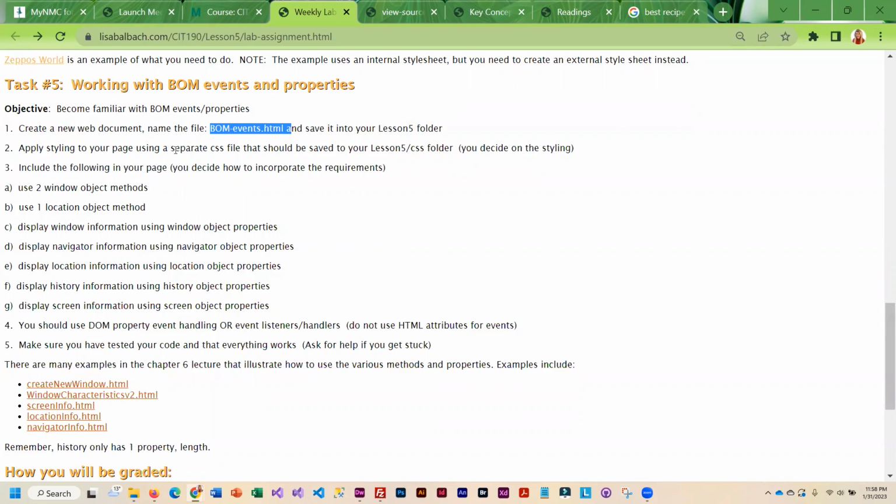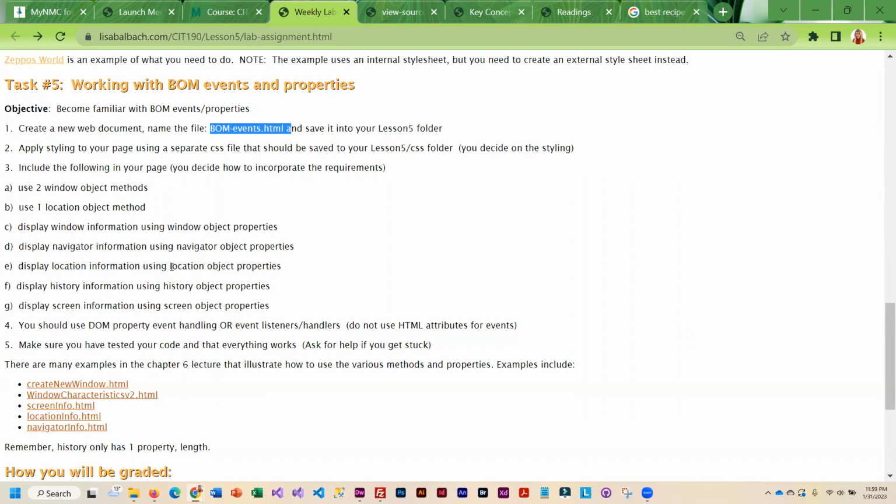And so you'll do the styling in a separate CSS file. And what you need to include in your page are 2 window object methods, a location object method. You need to display the window information using window object properties, display navigator information using navigator object properties,